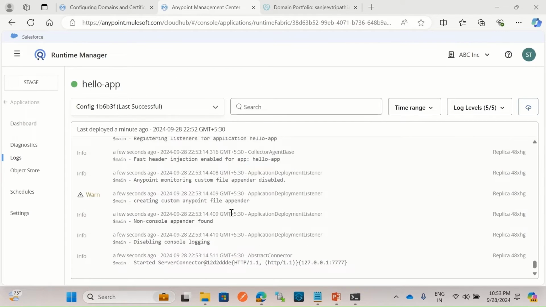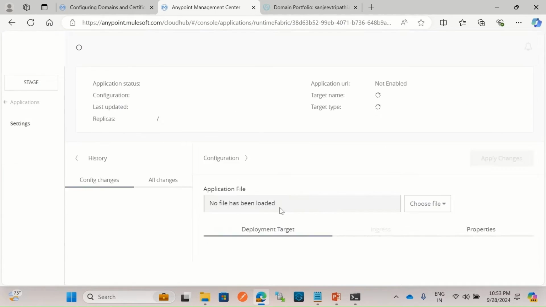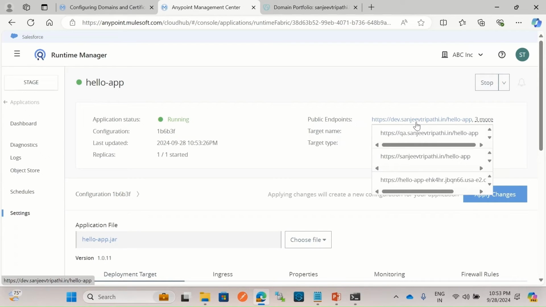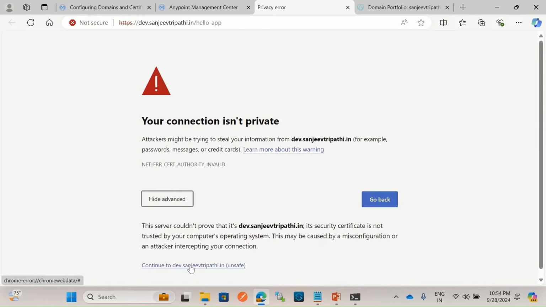Hello application has been deployed successfully. Let me go to the settings. And here are the public endpoints. So we got the public endpoints dev, QA, and the endpoint with the public domain. So let me click the dev first, dev.sanjeevtripathi.in. Advanced, continue,